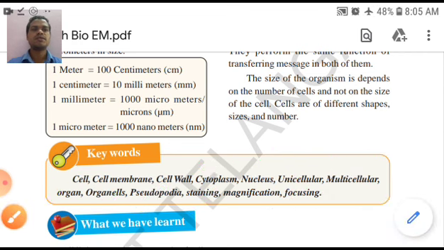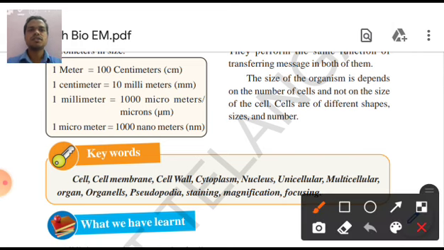Now I request all of you to please write these keywords and also write the meaning of these keywords. Okay, what you have to do, just leave the last two, magnification and focusing, and you write all the remaining keywords and their meaning, as I have said before in this video, as homework. Now what is your homework? First you have to draw the table and write the information. Then second thing is you have to write the keywords and you have to write the meaning of these keywords.